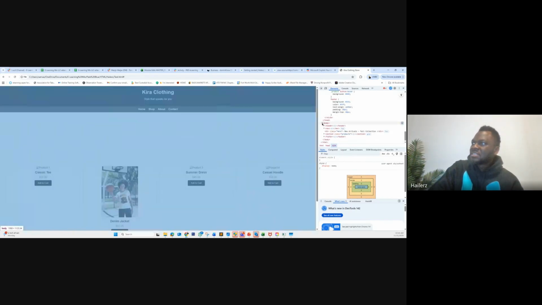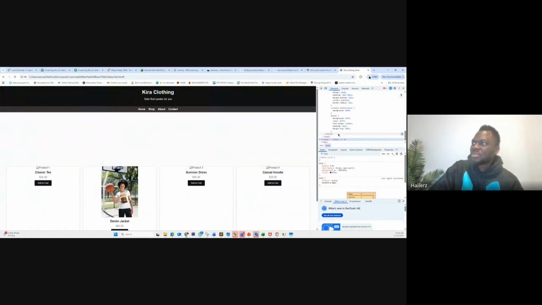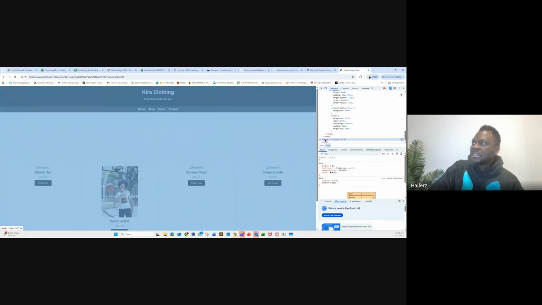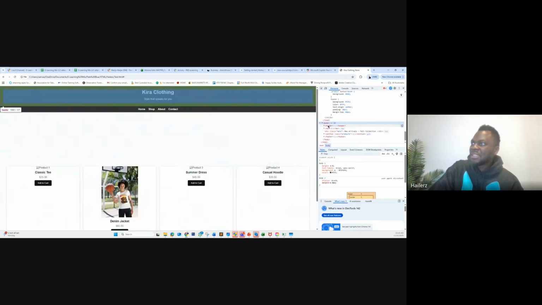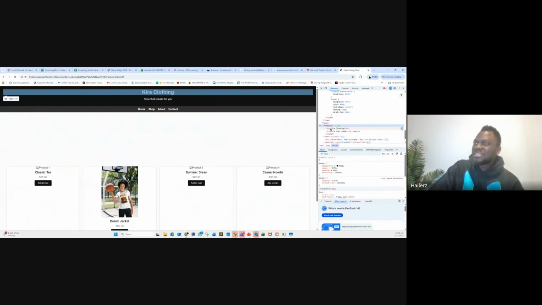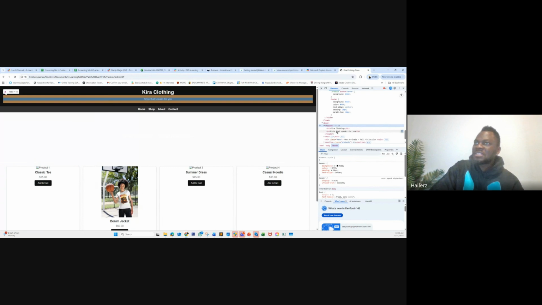So in essence, most of this is contained inside of the body. So you can go to body and expand. Once you expand that, you can see the header. It lets you target each one. So now you know, okay, Kira clothing is in H1. The paragraph is in, the subheading is in,